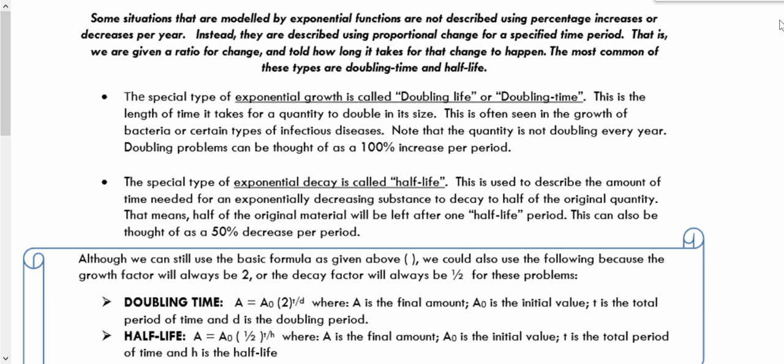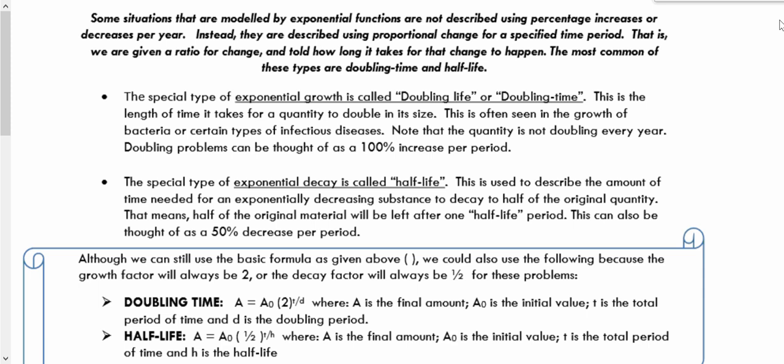Hey there again. So last lesson you learned about exponential growth and decay, and in most of those situations you were always given some sort of growth rate or decay rate, and most of those were given to you as percentages, which you then converted to growth or decay factors. In today's lesson, we're just going to extend that to some special situations that are very commonly seen in